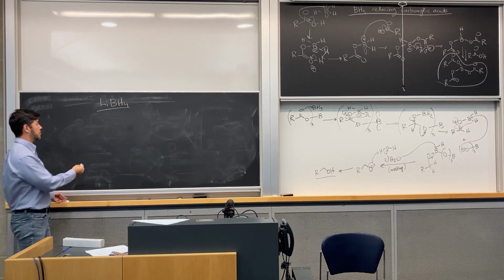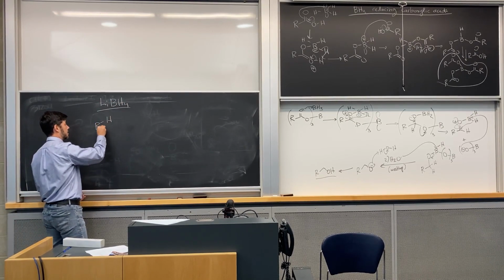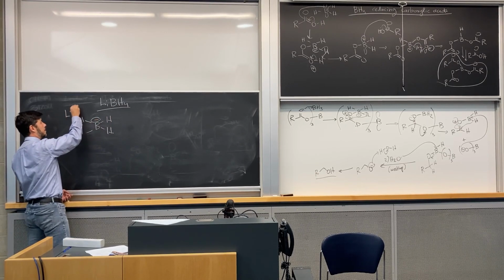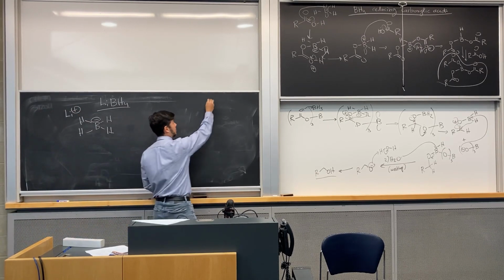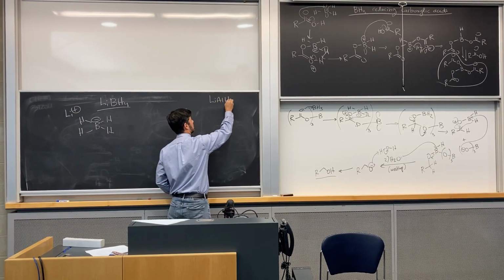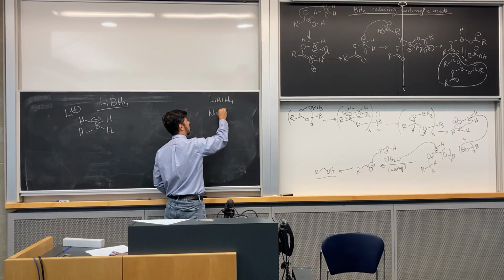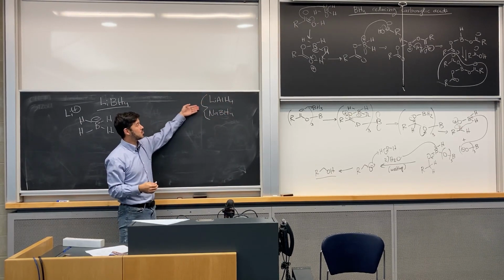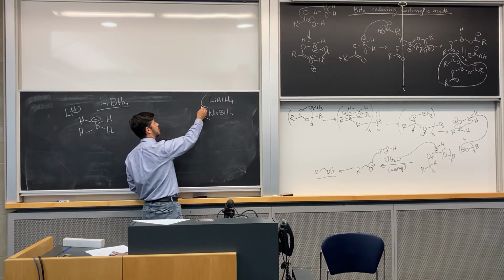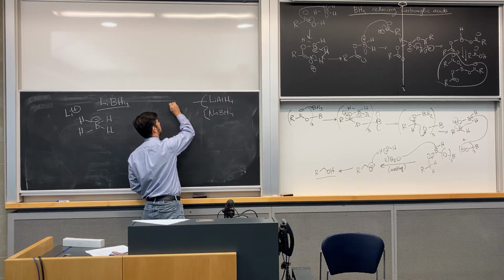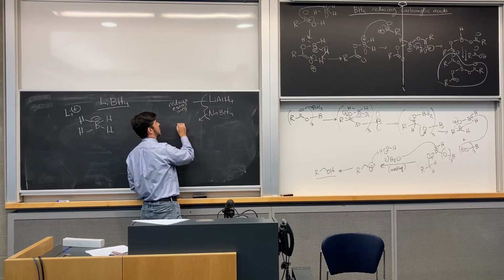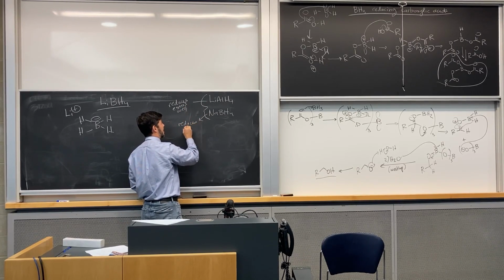You know it's a reducing agent because it looks like this. Here's your lithium. And we already talked about lithium aluminum hydride, sodium borohydride. Okay, and the difference between these two essentially is that lithium borohydride reduces esters well, whereas sodium borohydride reduces esters